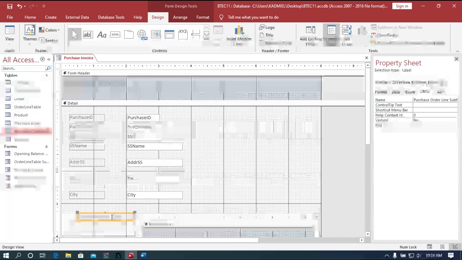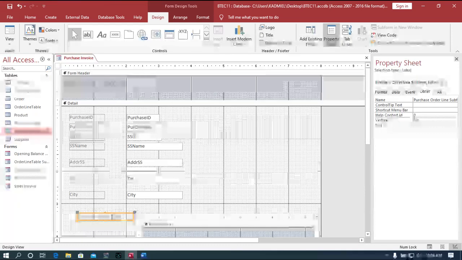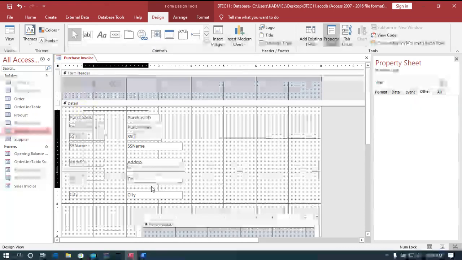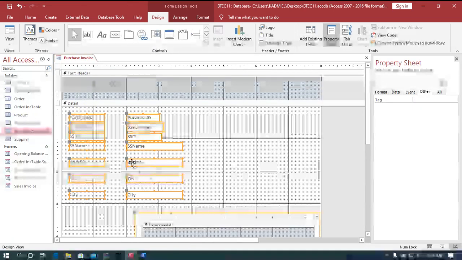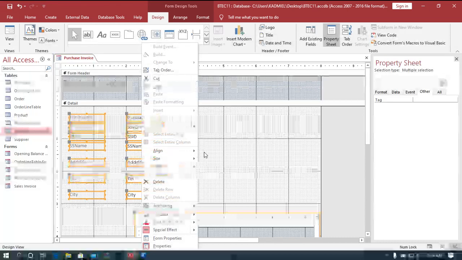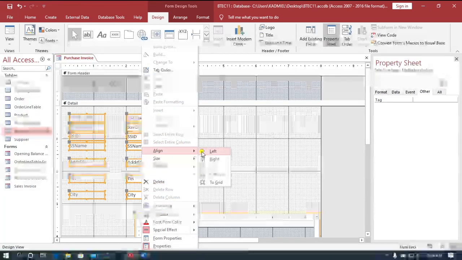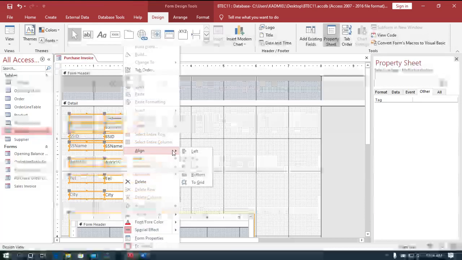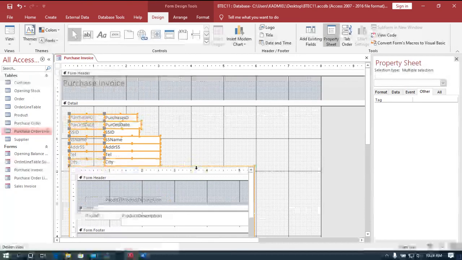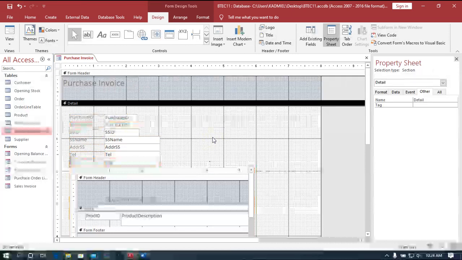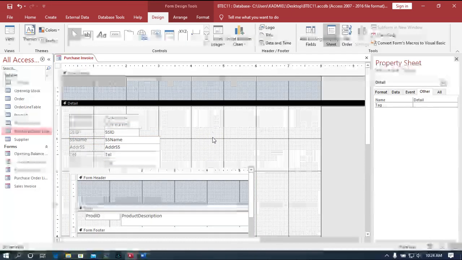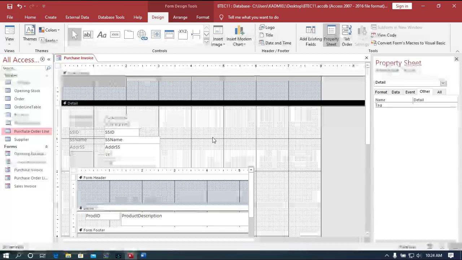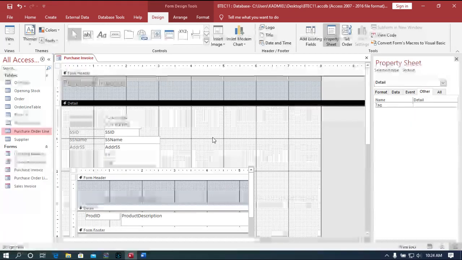I select the purchase order line, then I press my delete key because I don't need it. Then I select everything. I right click on any of the selection, then align left, close all the spaces, then I also align top. Okay, so this is how it will be. Now after the arrangement,